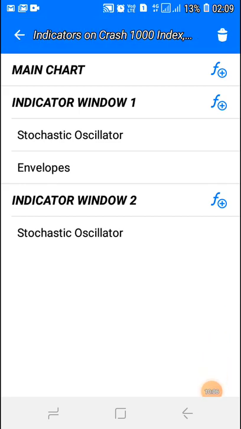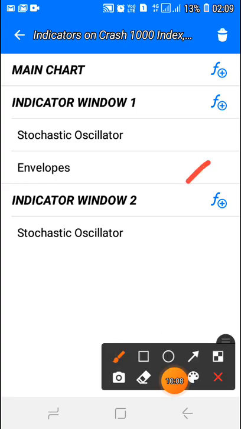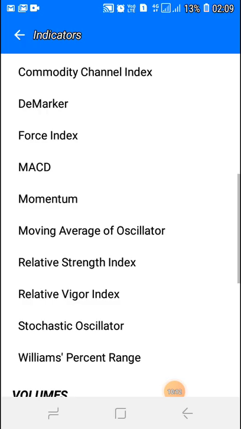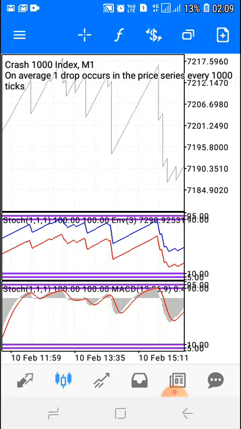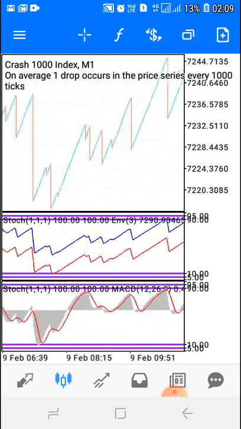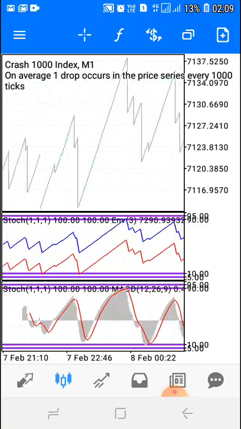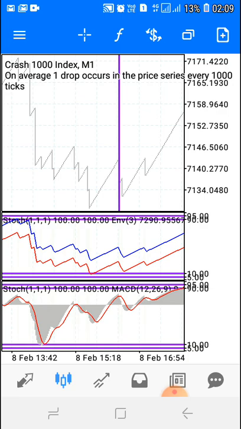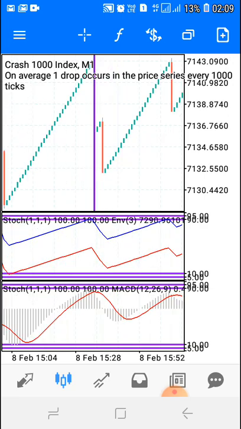So you want to click over here, okay, indicator window 2, click on the MACD, and this is how it's gonna look like. You want it to look like this, right? So as you guys can see, we have envelopes, and now we have a MACD. And if you go to the 1 hour time frame, we already saw that this is where the breakout had